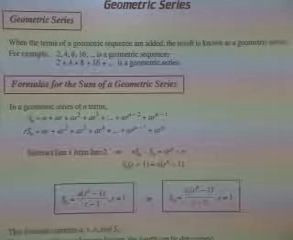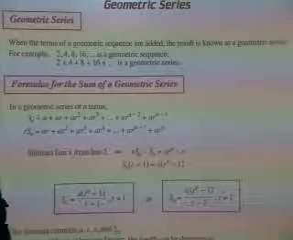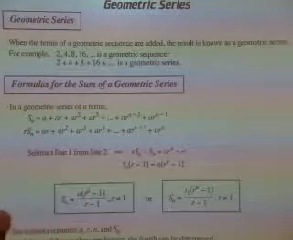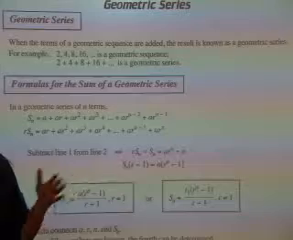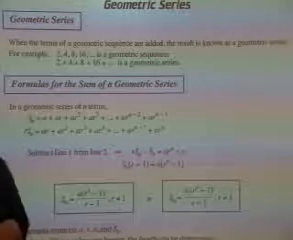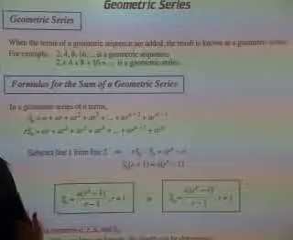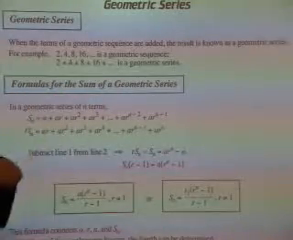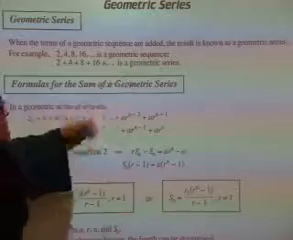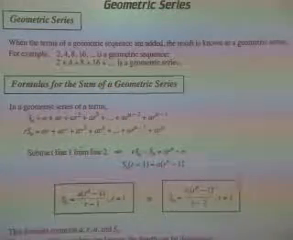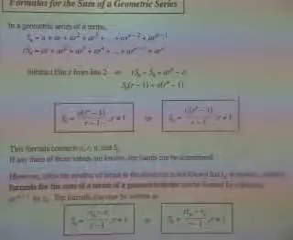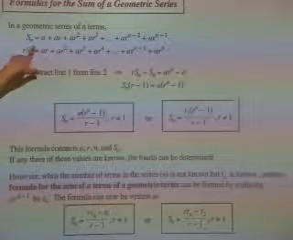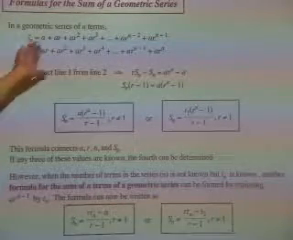So what we're looking at today is geometric series. When we were looking at an arithmetic series, that is the sum of an arithmetic sequence. A geometric series then is the sum of a geometric sequence. So if 2, 4, 8, 16 is the sequence, 2 plus 4 plus 8 plus 16 is the series. So if we look at the formula for the sum of a geometric series, if we look at the sum